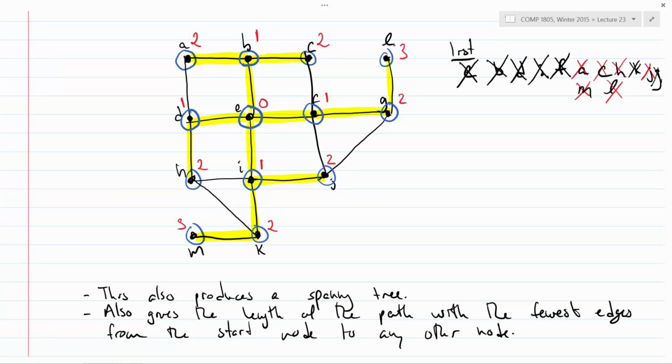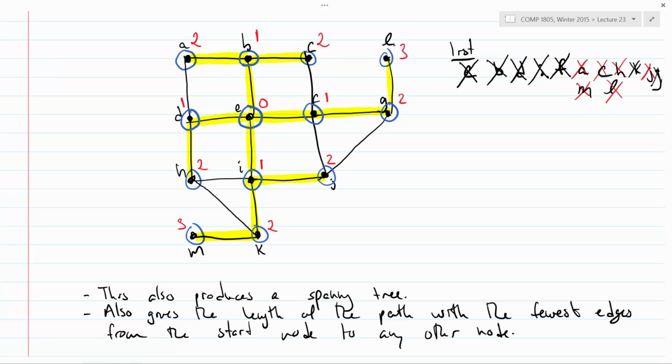But maybe you have a bad connection between two machines and you'd rather not take that. Well, this doesn't take that into account. You need something else called weighted edges to deal with that. And that's a topic that we defer until a little bit later. We won't be covering general shortest paths in this course. But if all you're concerned about is the number of hops, then this is a reasonable way of computing shortest paths.